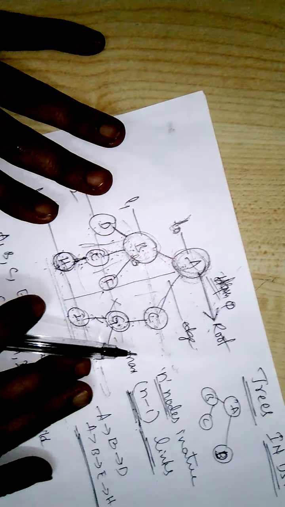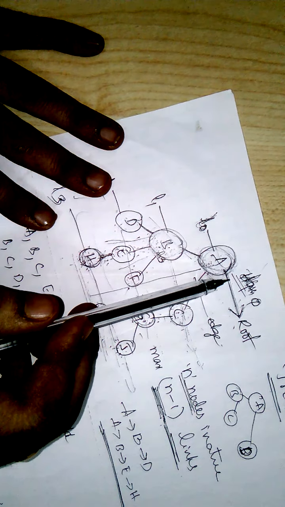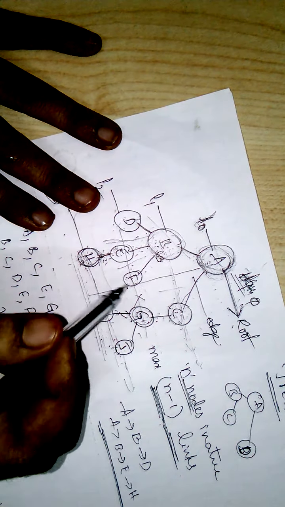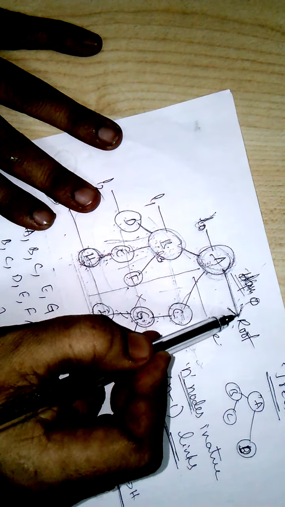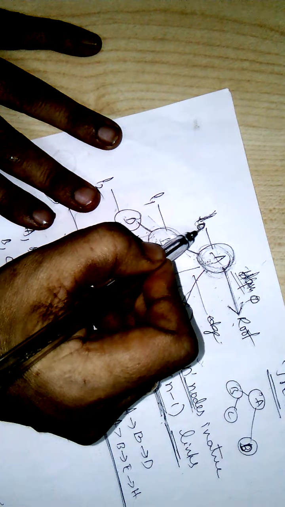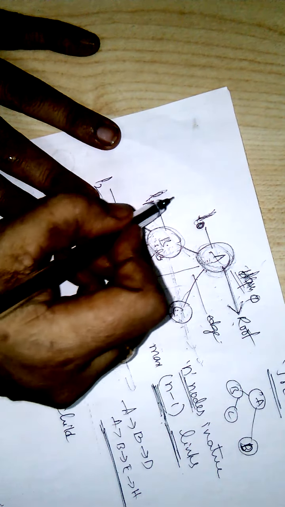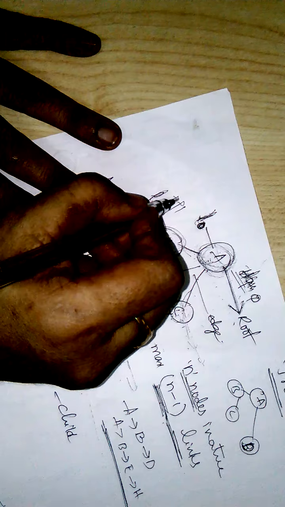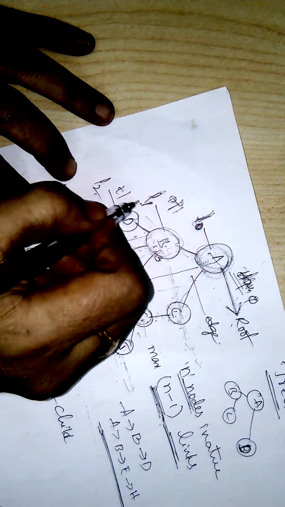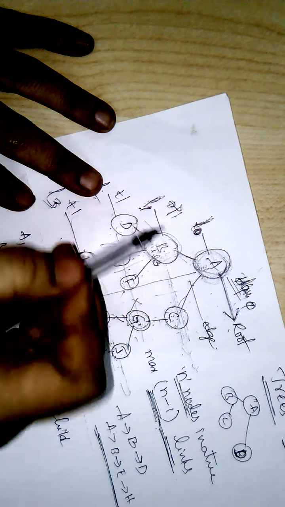Okay, next, level. Level means each step from top to bottom, that means from root to leaf nodes. Each step means this is the first step, so the level of the root always starts at 0. Next step is level 1. The level increments by 1, plus 1. Next is level 2, 1 plus 1 is 2. B and C are at the same level, that is level 1.